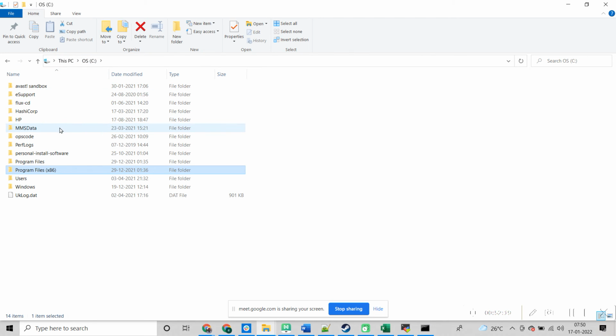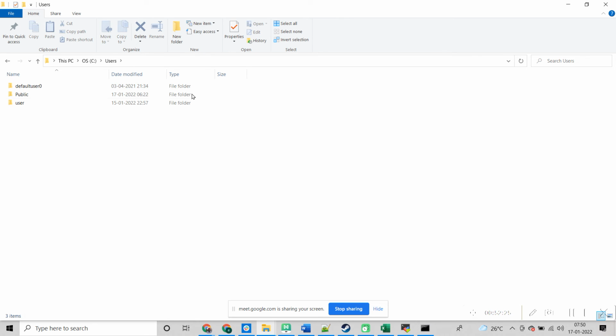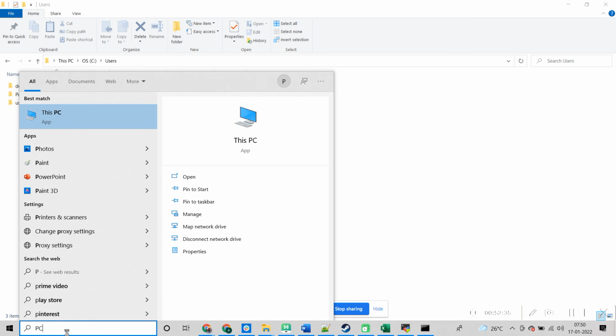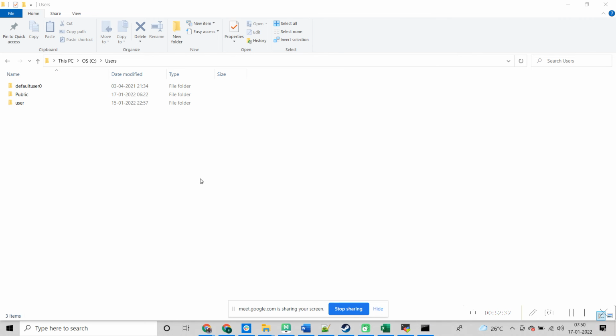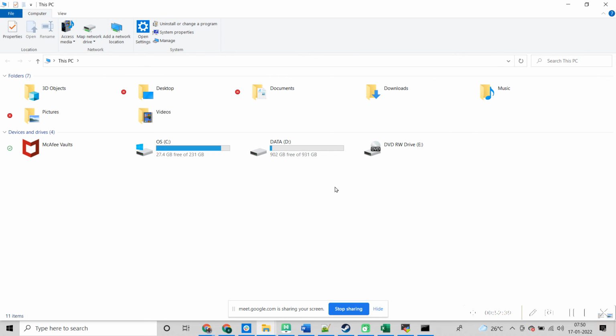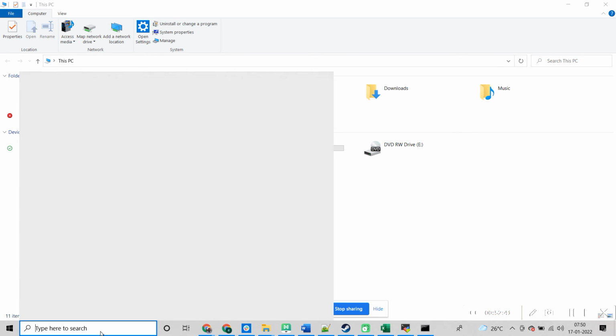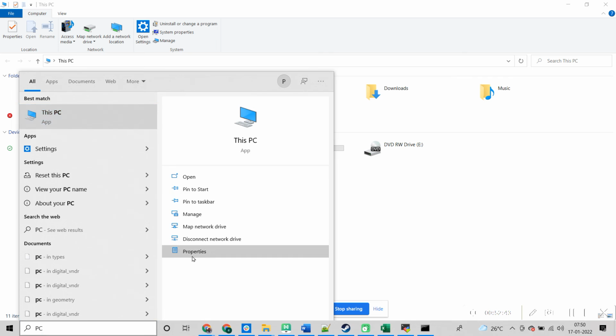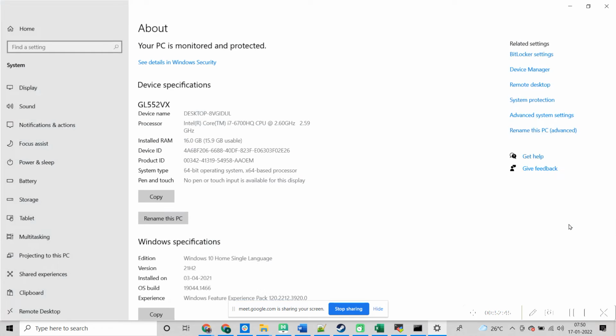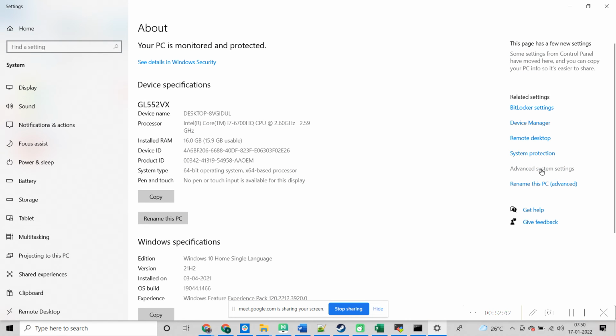So let's say this is your JDK folder. I'm assuming a program file as your JDK folder. Once you open it, just click here and copy the highlighted part. After that, go to the PC, if you have a Windows 8 system, go to the properties, and there you'll get advanced settings.